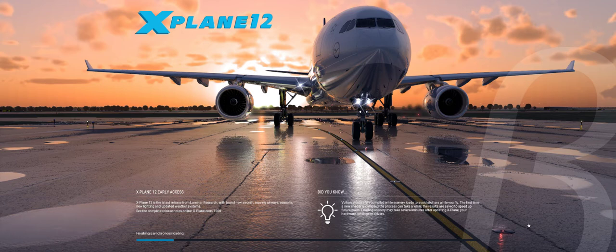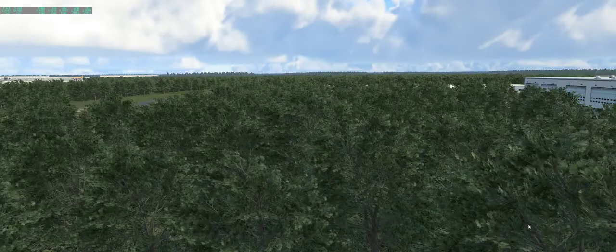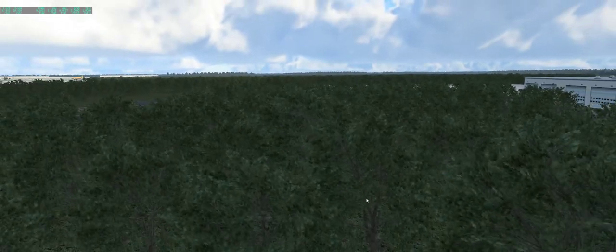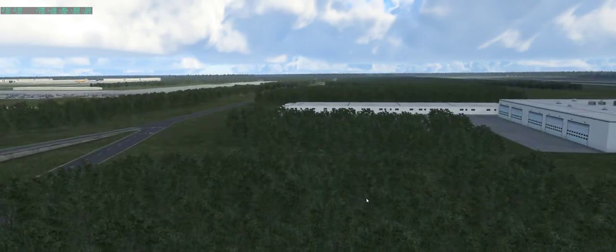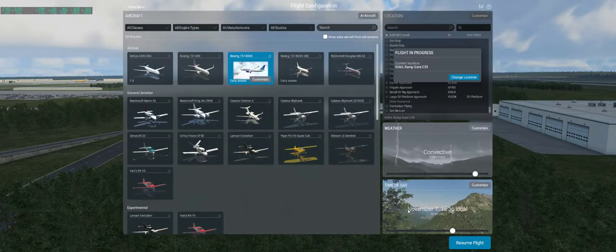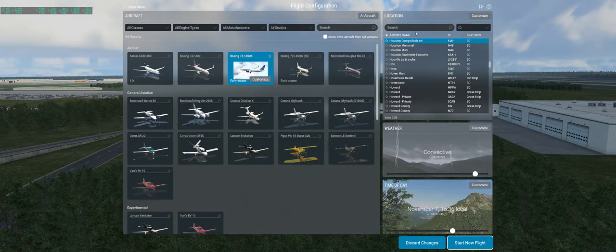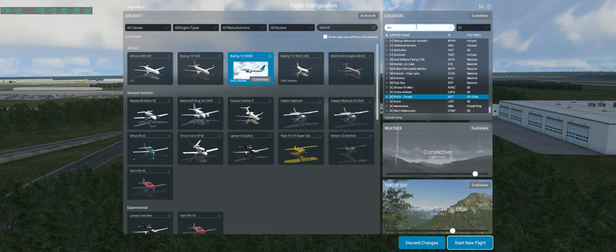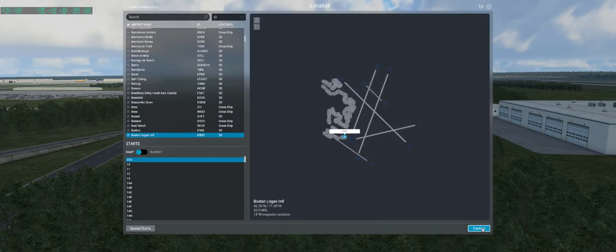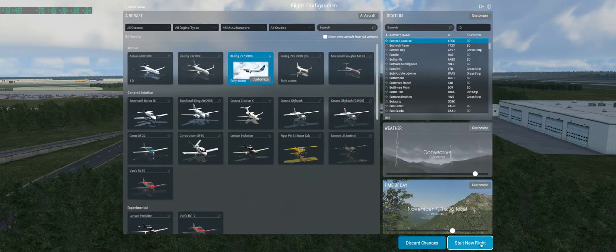I just want to try to show you real quick, and then we'll get into the menus and just give a brief overview. Alright, so here it looks like we still got the green trees. Let's change location and go to like Boston. Customize. Sure, we'll go there. I mean, just to